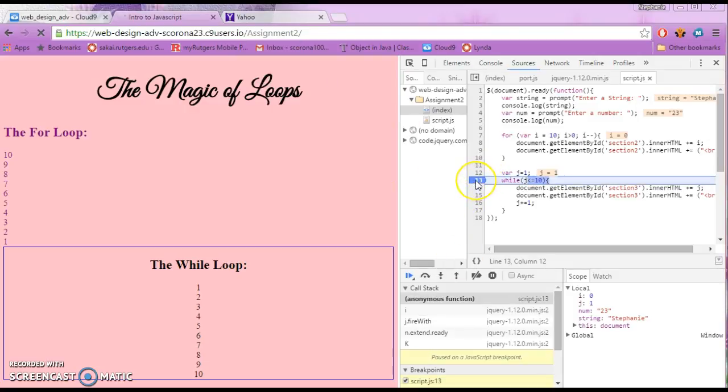Alright. So I have a breakpoint here on 13. Pretty much to make a breakpoint, all you have to do is double click. You'll see the local variables and whatever other variables you have. And what you can do is,